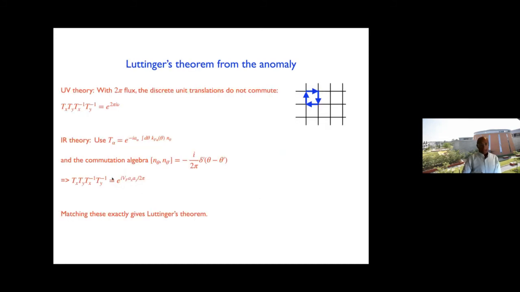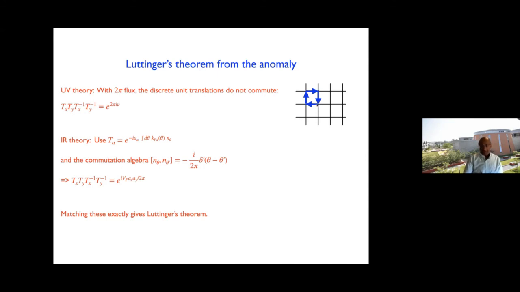So let's start with the UV theory and ask about what happens in the presence of 2 pi flux. Now, in the absence of 2 pi flux, discrete unit lattice translations commute with each other in the microscopic theory, right? But in the presence of a magnetic flux, these discrete translations no longer commute. And there's a simple heuristic physical way of thinking about it. If I have an average lattice filling of nu, and I have to turn on 2 pi flux on this lattice,